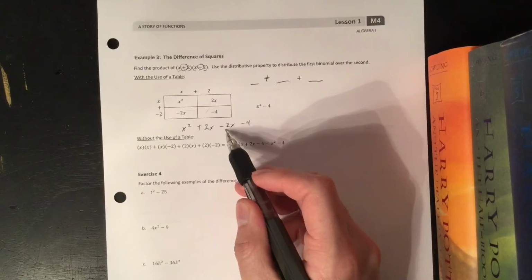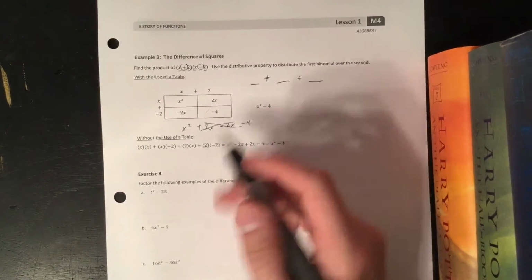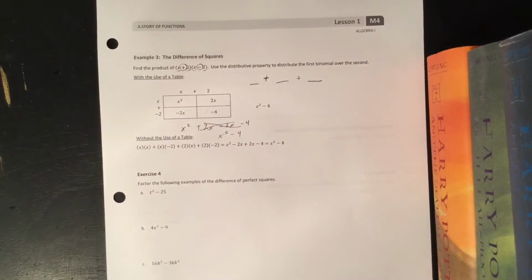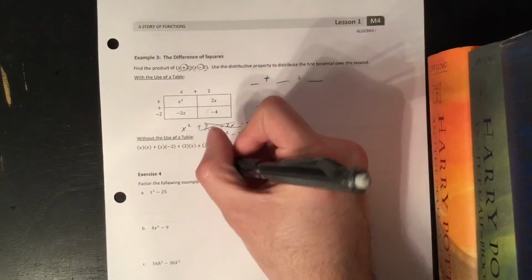Well, 2x minus 2x is going to be 0, so they end up canceling out. And then you're just left with x squared minus 4. And that would be all that you get there. So without a table, if you're going to factor it out using FOIL,